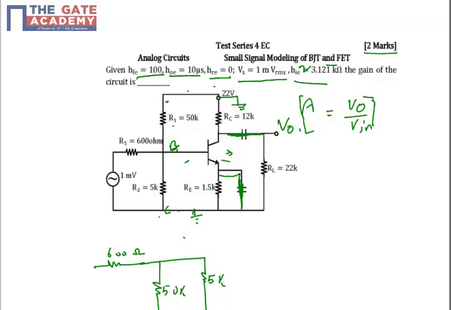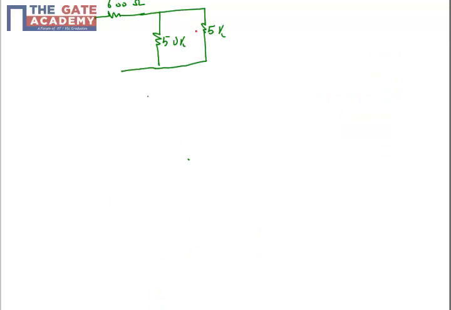Again the same thing I will do for the collector terminal also, because the RC resistor is connected between collector and supply, but supply is grounded now because of the AC analysis, so we already have one ground terminal, so I will pull down the RC also. Okay, then we'll put the BJT in terms of its hybrid model, which is HIE